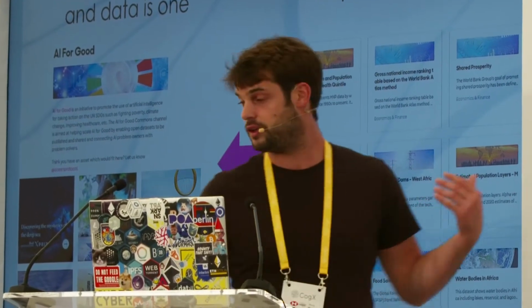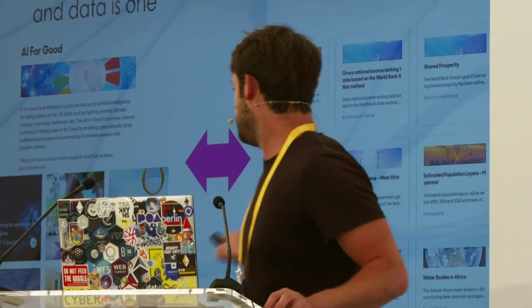So you could say that there's a lot of problems, and we're working mainly with things like AI for good, sustainable development goals, X Prize, etc. And they all want to have more data, but it's kind of hard to source that data. On the other side, we have something called the Commons Marketplace, which is a data marketplace. It's all for free and interesting data sets about healthcare, smart cities, automotive. It's all there, but they're kind of looking for problems. And I guess we find ourselves somewhat intermediating between those two. Not only intermediating, but also creating a kind of mutual magnet. Problems finding data, data finding problems.